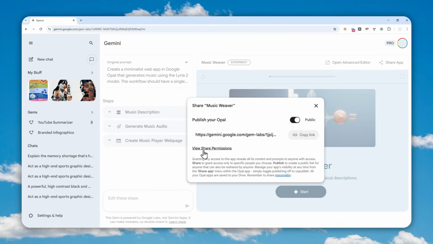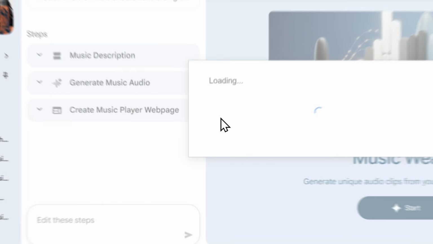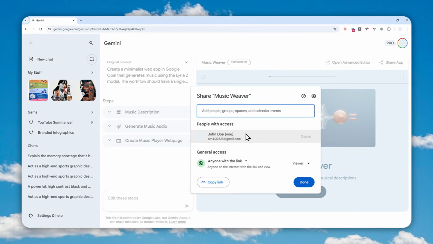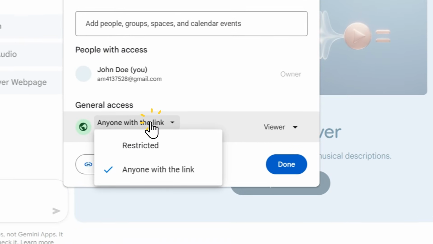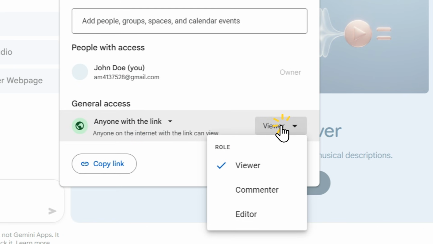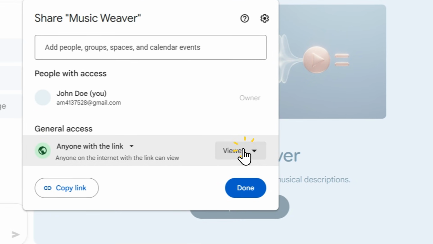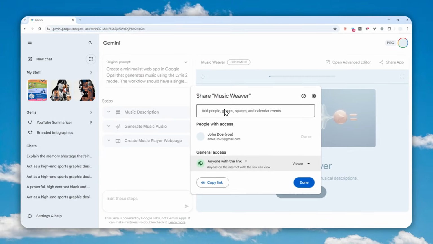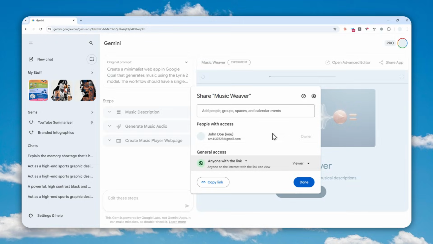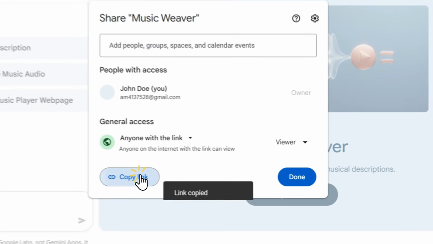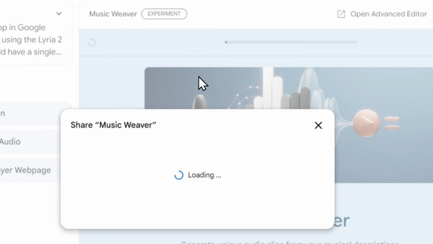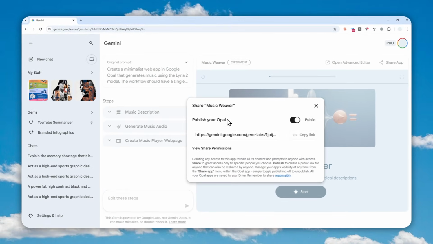Now you can also click view share permissions, and you'll get an interface or settings that look kind of similar to the classic gems. You can set the policy, you can choose the role. There is even the option for a commenter, which is interesting, and you can enter the name or email of people that you want to share the gem with. But yeah, that's basically it. That's how you can share the classic gems and also the new kind of gems on